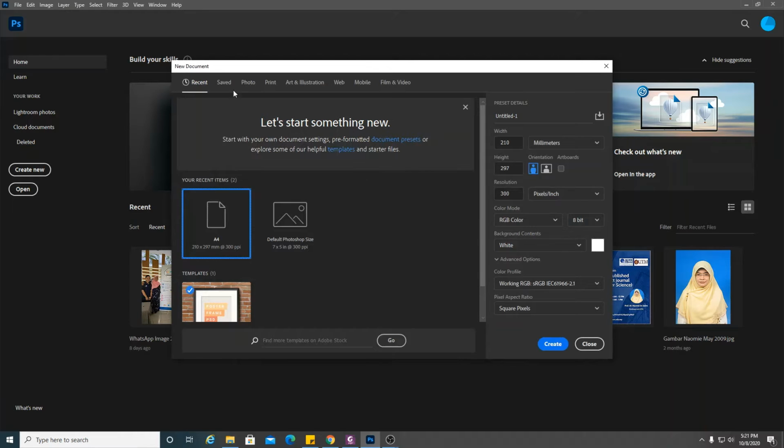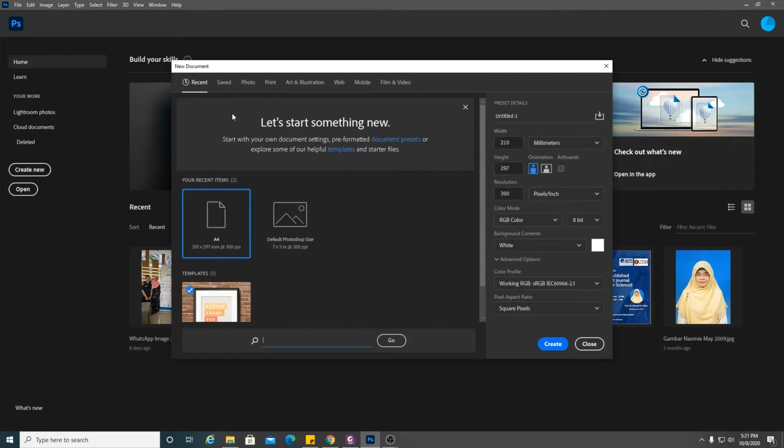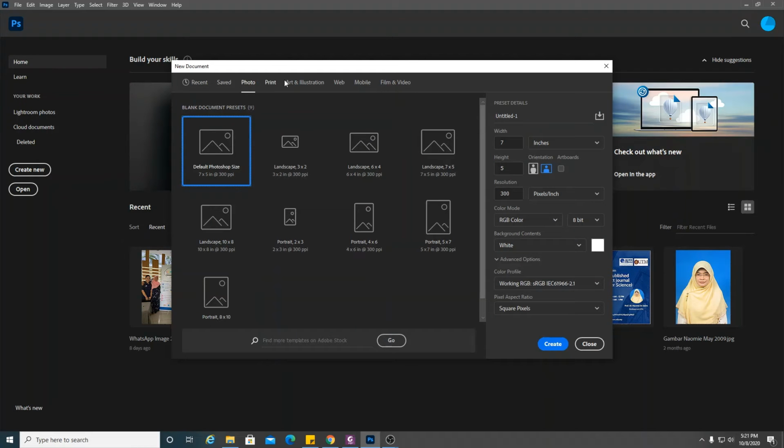Alright, so they have many things. Let's start something new. Okay, so you can have templates, or even like this template, or even you can find templates from Adobe Stock. Okay, Adobe Stock is like a collection of pictures from Adobe. Some of them are free, some of them are paid. You can use the free one, but for now you can see that there are many kind of